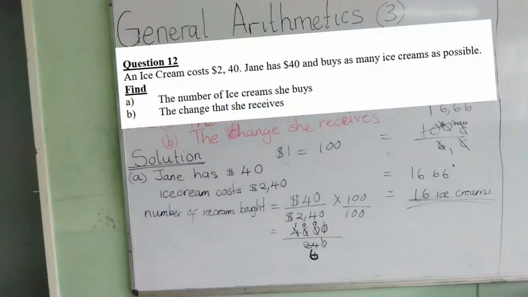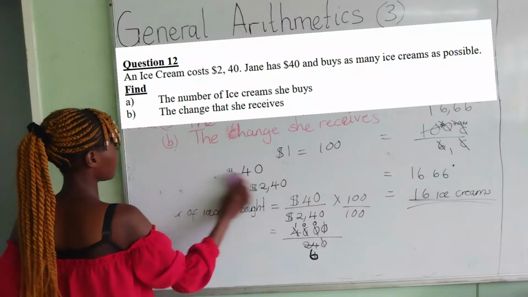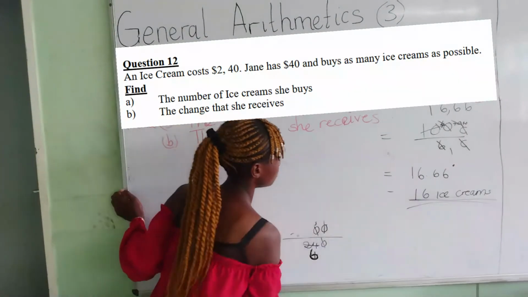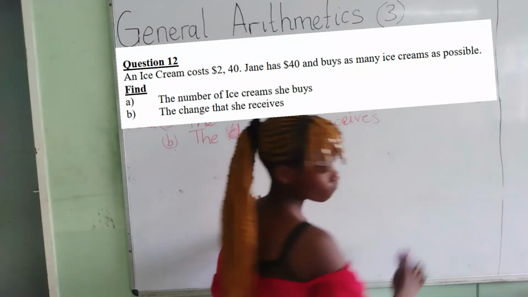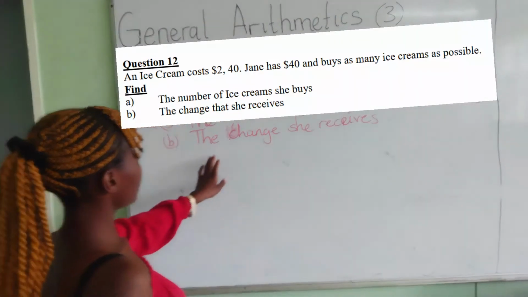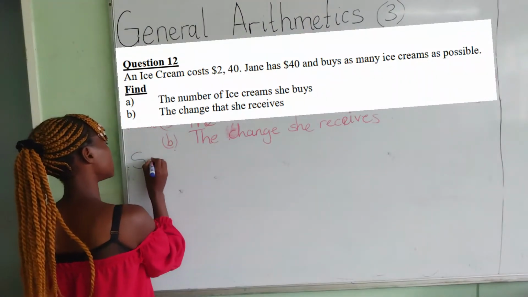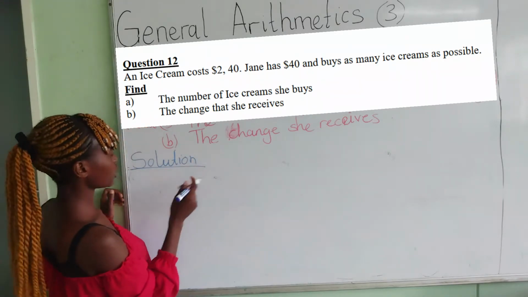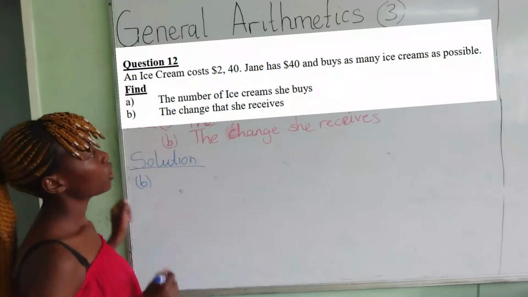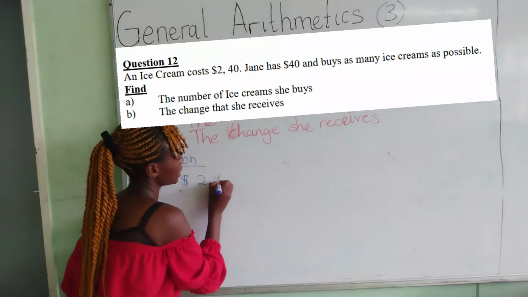Having completed that part, we are going now to focus on B, and B represents the change she receives. So for our solution, I'm going to say the change she receives, that's B, is $2.40